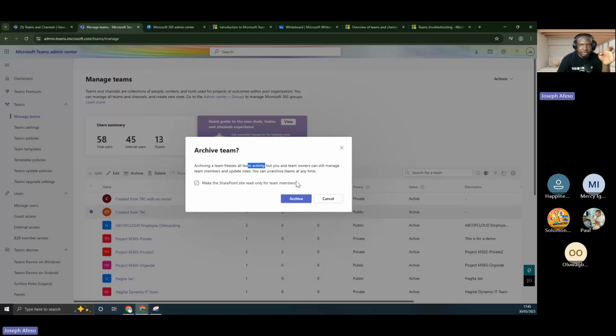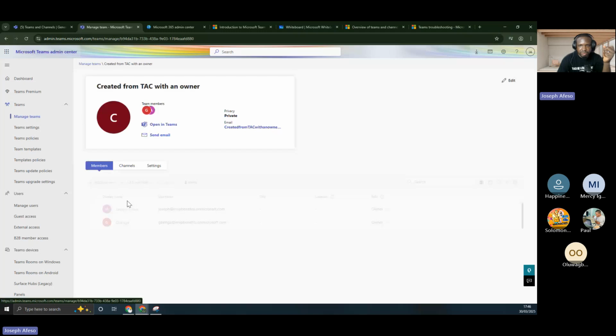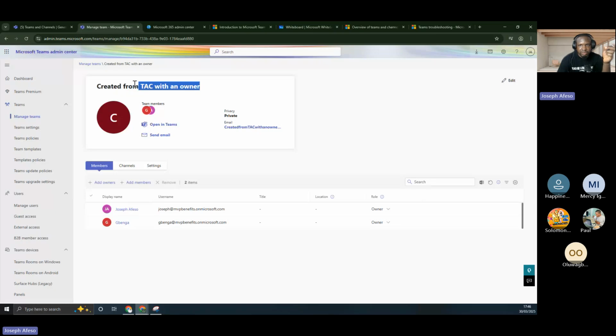Now let me explain to you. For every team that you create, it creates a corresponding SharePoint site. For example, this one created from Teams. So who is the owner of this site? Let me just check. Or who is a member at all? So you can see how to check the members. I am a member. So what it means is that I created it from Teams Admin Center as an owner. I'm going to be able to see this within Teams here.